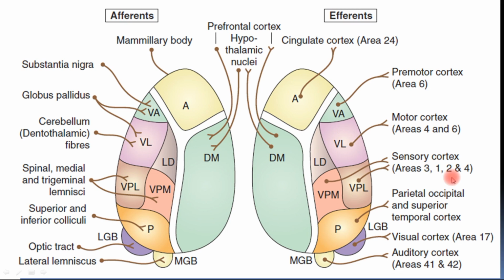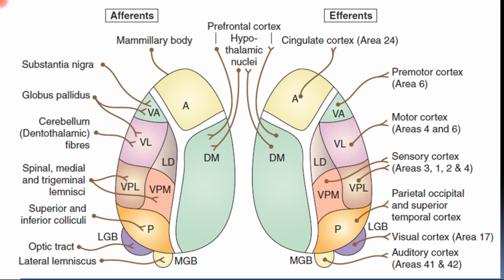We will start studying the connections of the thalamus by studying first the non-specific nuclei, but these are not shown here in the diagram. The non-specific nuclei receive input from the reticular activating system and other thalamic nuclei, and then they send diffuse output to various parts of the cerebral cortex.